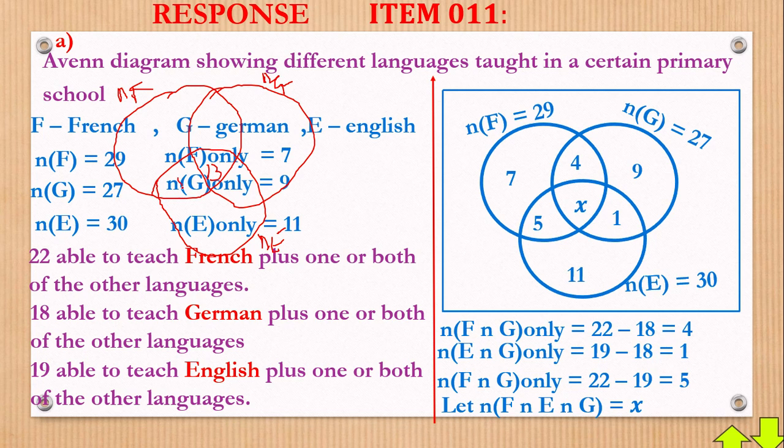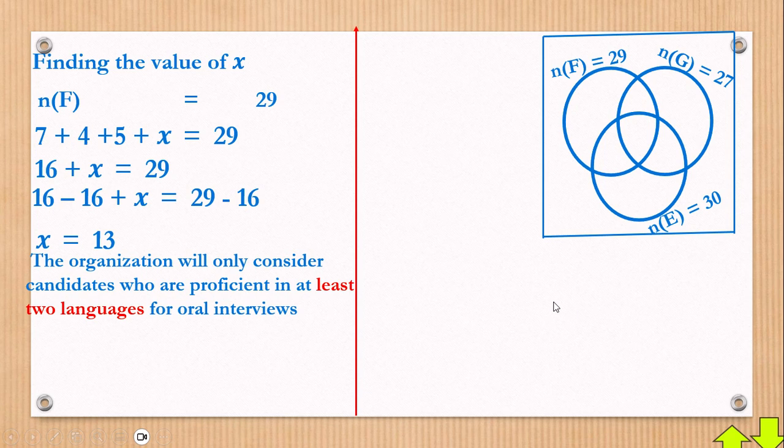Then the rest you have just 5, a 1, a 4, a 7, a 9, 11. Please, so let's just go and put that forward in our sets. So we have 7 there, a 4 there, a 13 there, 11 there, 5, a 1, and finally what? A 9. Now, if they want at least 2, what are you going to consider?